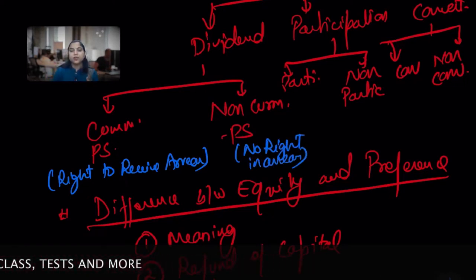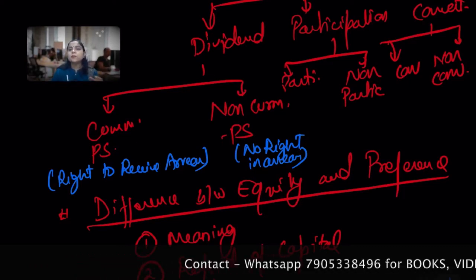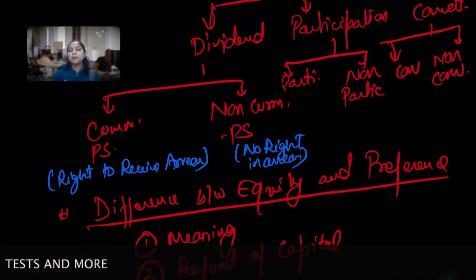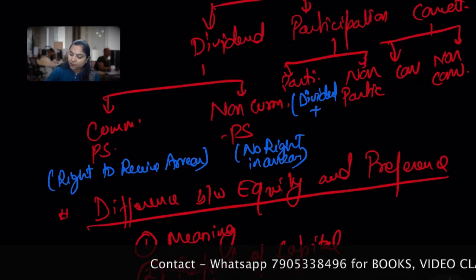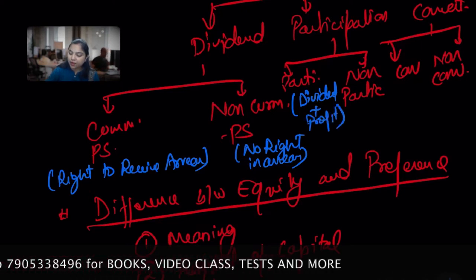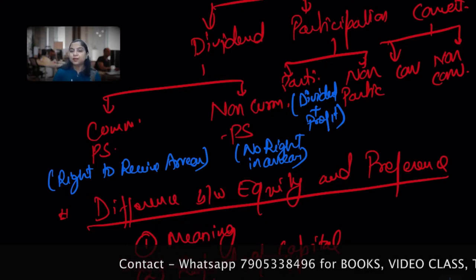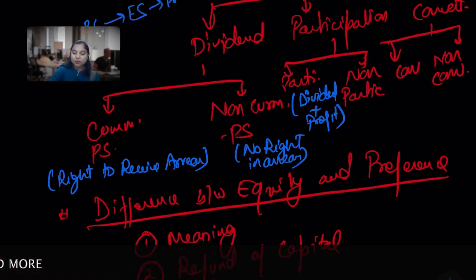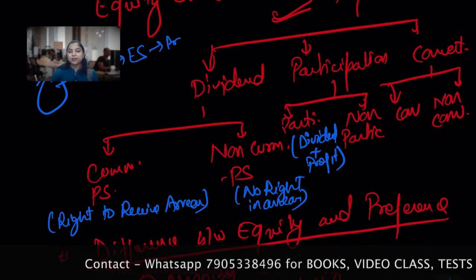Okay, hope you recall. Next is participating and non-participating. Participating preference shares, in addition to the fixed dividend, carry a right to participate in profit. So they have a right to participate in surplus if a company has any kind of surplus profit after providing dividend to the equity shareholder. Suppose a company has a profit, pays preference shareholders and equity shareholders, and is still left with some profit. Then the participating shareholders are eligible for that.